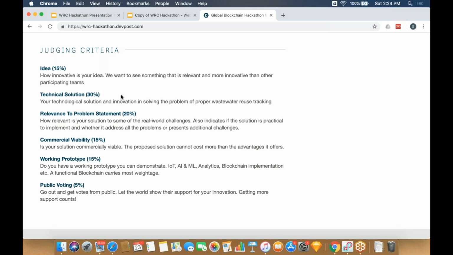As soon as the submissions close at 4 p.m. tomorrow afternoon, public voting will open. Public voting is on DevPost itself. So you can basically send out, share your submission. Your submissions will become public. So each team will be able to view the submission of each and every other team. The submissions become public the moment submissions stop.